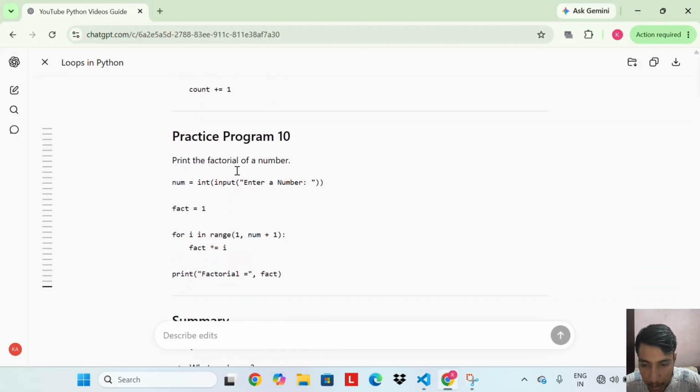Practice program 10. Print the factorial of a number.